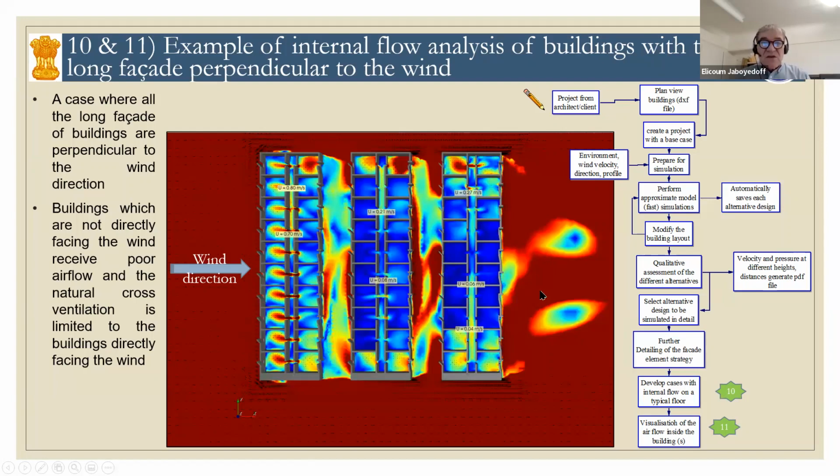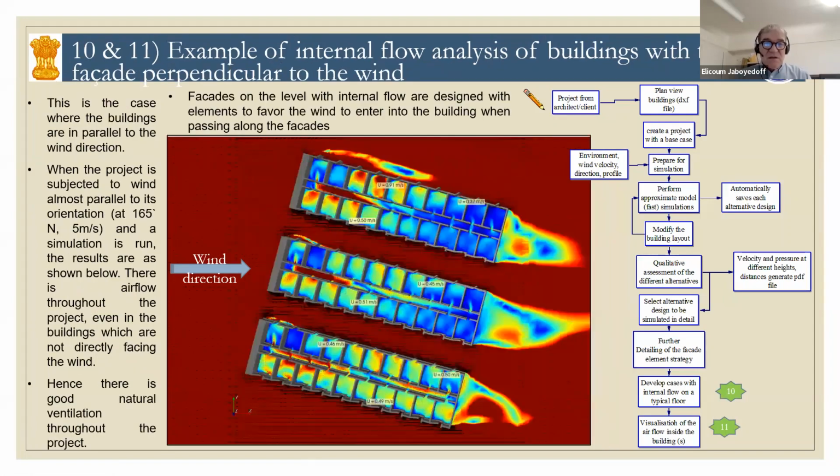Now, by changing the layout of the building, of course, this is a schematic case to demonstrate the possibility. But now, if you have windows opening with kind of shutters or window opening in the right direction, and in the right direction also on the back of